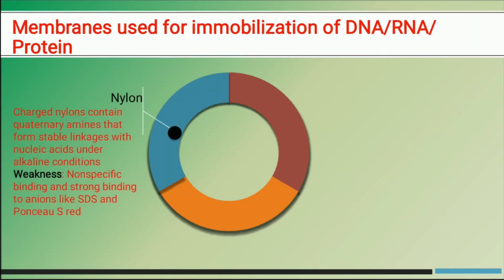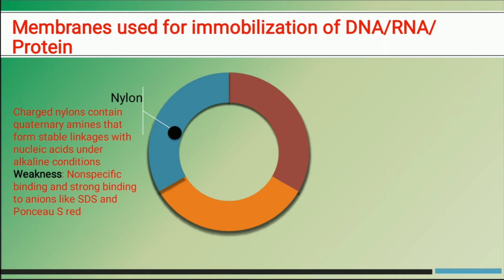So now we will see the most popular membranes used for the immobilization of resolved nucleic acid or protein molecules in the gel. Three kinds of membranes are most common. The first one is nylon membrane. The nylon membranes are positively charged, with a quaternary amine structure that forms a stable linkage with nucleic acids under